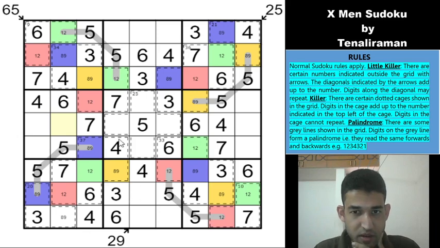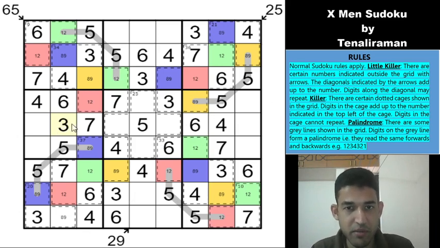So we have placed all the 3s. Okay, 3s are left out. There is a 3 that can be placed here. That gives a 3 here. And which means we have placed all the 3s. And we have placed all the 4s.